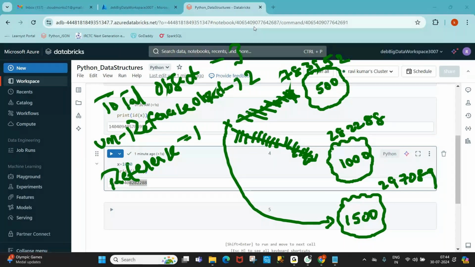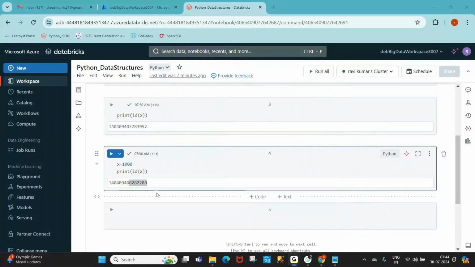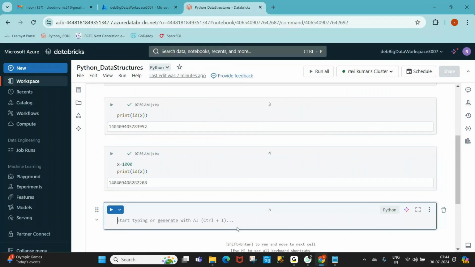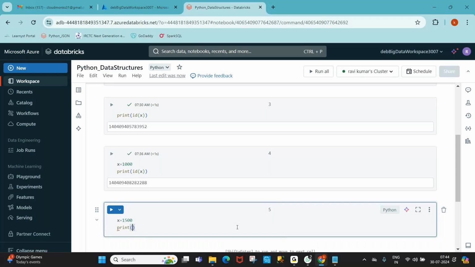Just to understand, even if x is equal to 1500 or 15,000, your wish, and print id of x, see x is now referenced with another object.